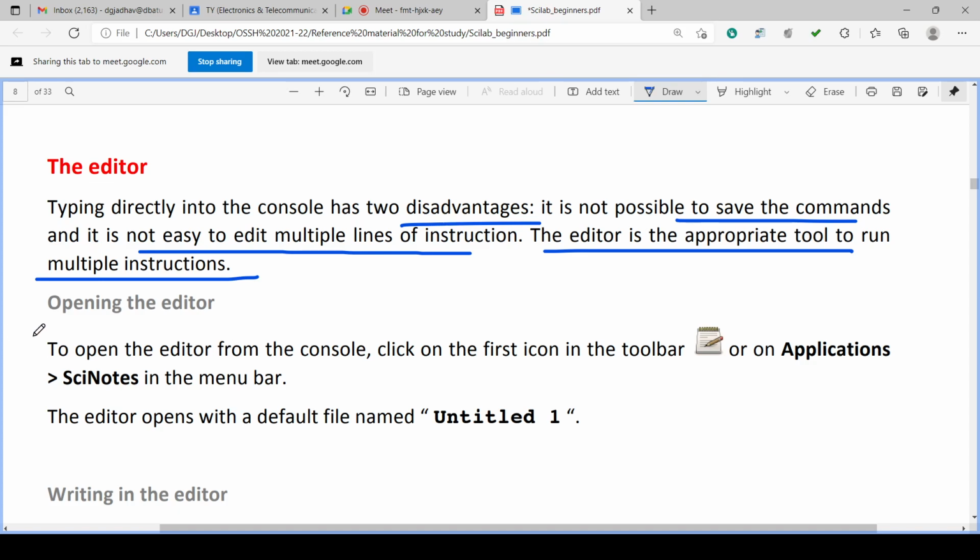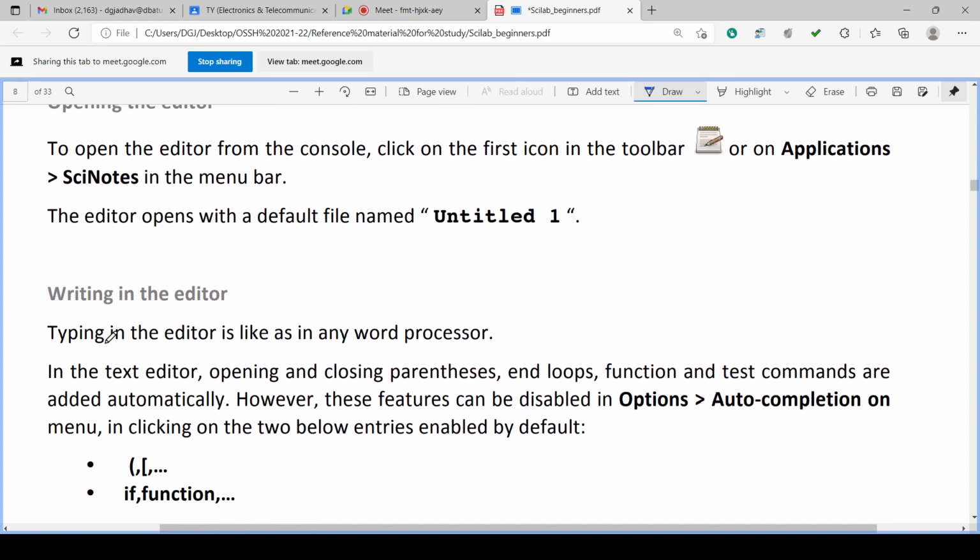How to open the editor? To open the editor from the console, click on the first icon of the toolbar, or click on applications and SciNotes. The editor is SciNotes.